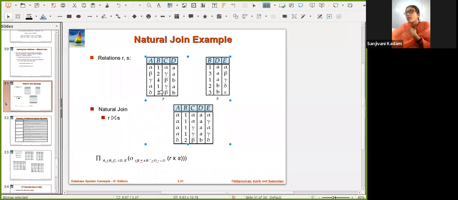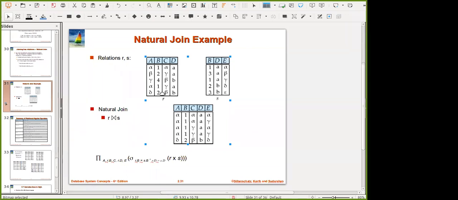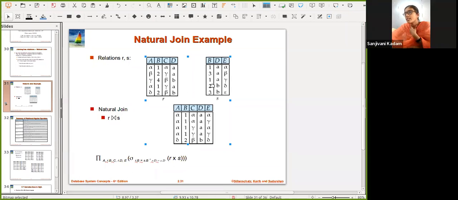Then next, we are having 1A at this point and 1A at this point with the one alpha combination and gamma. So here we are having alpha and gamma combination, alpha and gamma combination with alpha, and alpha and gamma combination with the gamma. Clear? Yes, ma'am. Yes, got it. 2B is only a single instance here as well as here.